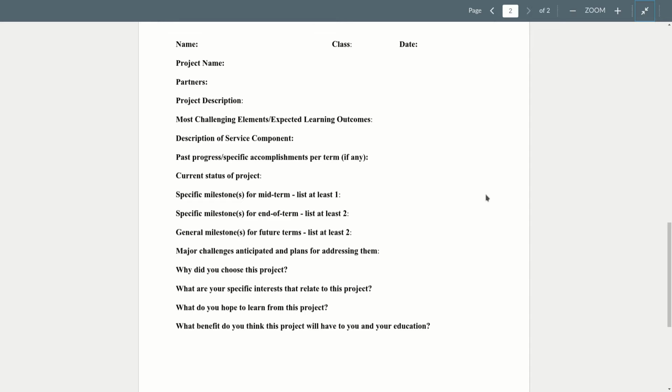We can iterate on this, okay? Because in some sense, this is the most important part of the three-quarter process, is the proposal for what you're going to do, right? Which, as I said, is probably going to get modified over time, but we can work on this and talk about it and iterate. So, description of the project that you want to do.